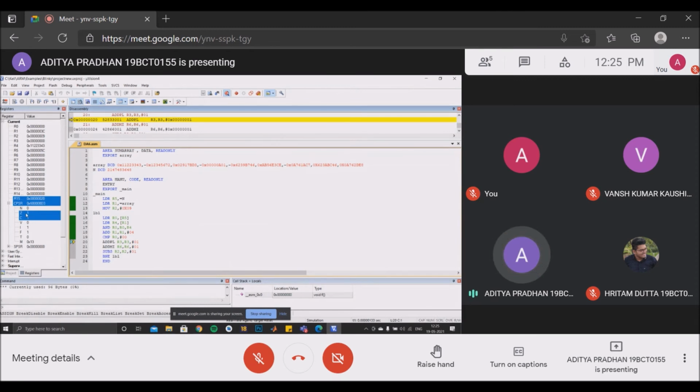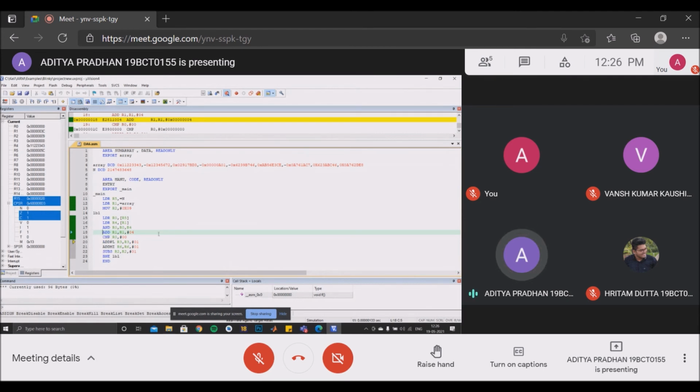So here we have the condition that whenever the Z flag is set and N is 0, the number is positive, and vice versa, when the Z flag is 0 and N is set, the number is negative. On further executing the code, we see that R0 is loaded with the result, which is 0. In the next line, line 18, we increment the value in R1 by 4 to move to the next element in the array, as each array element is 4 bytes.